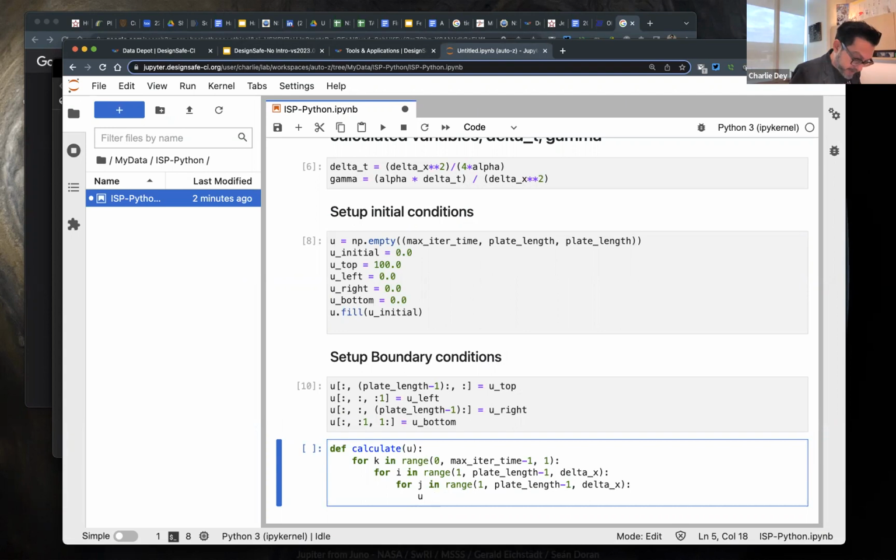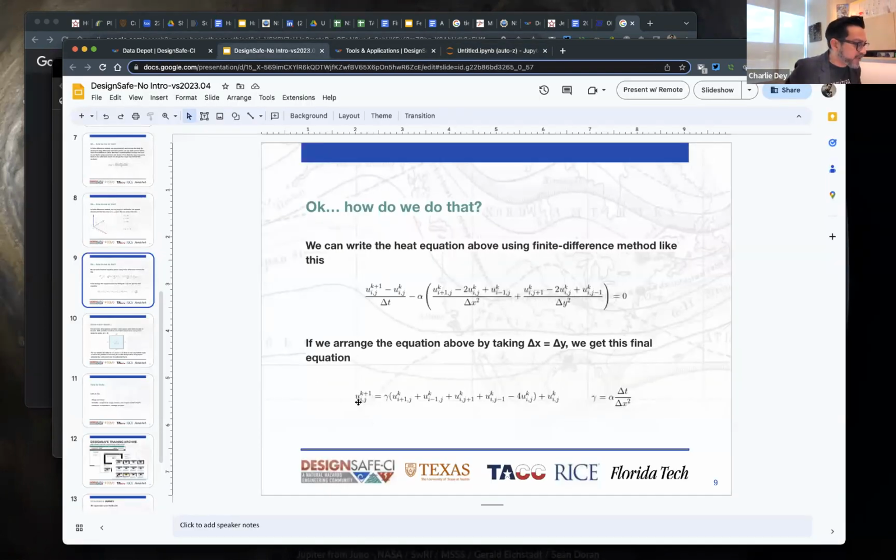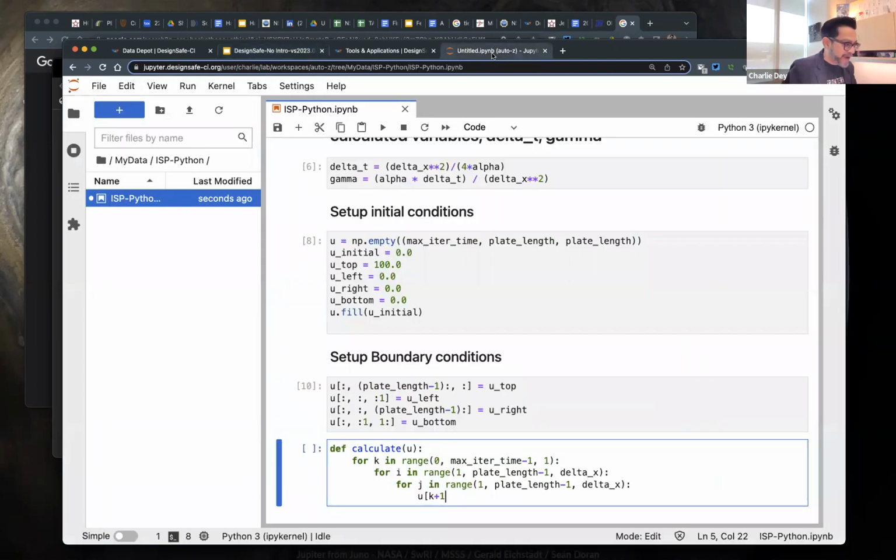Come on. We do my skateboard. U at k plus 1, because remember that is what we're solving for. U, k plus 1, i comma j. So we're just going to follow that directly. U, k plus 1, comma i, comma j, exactly how we saw it, equals